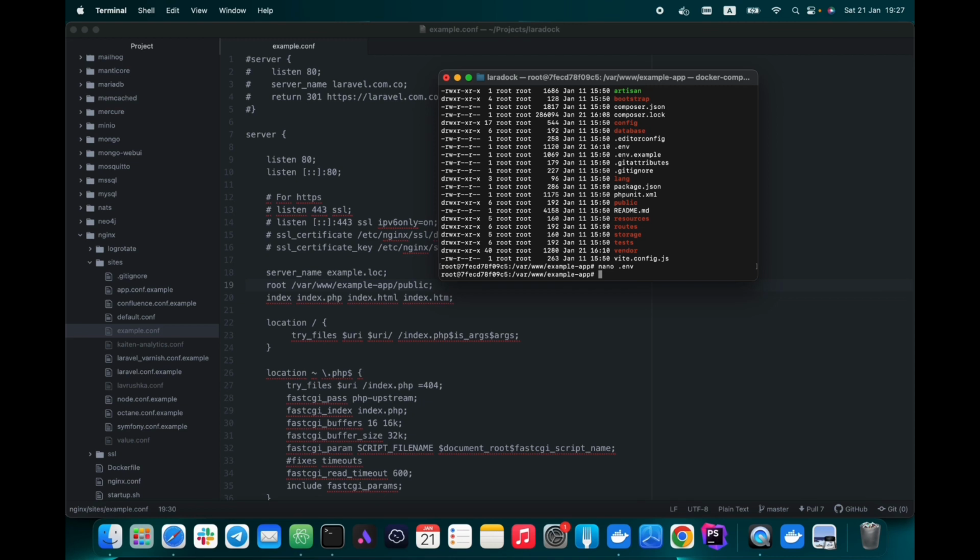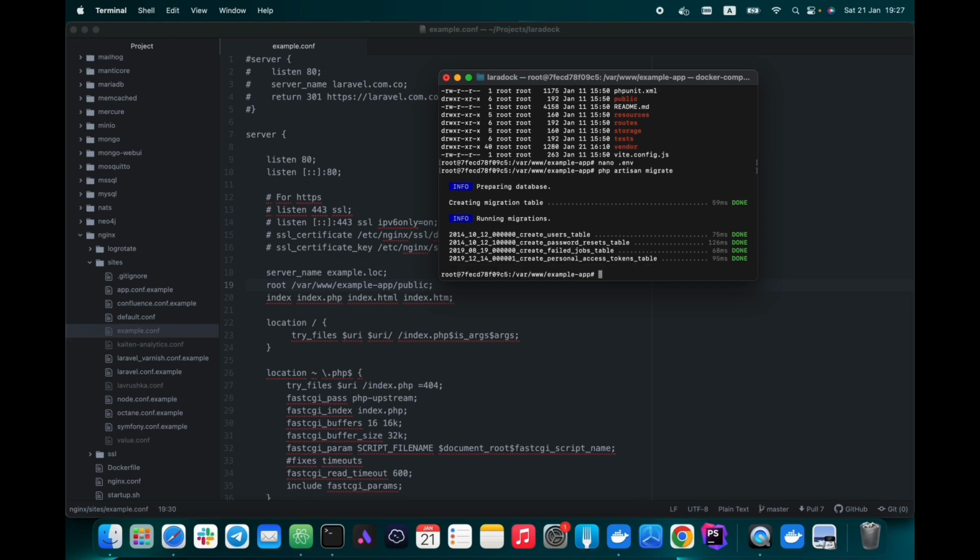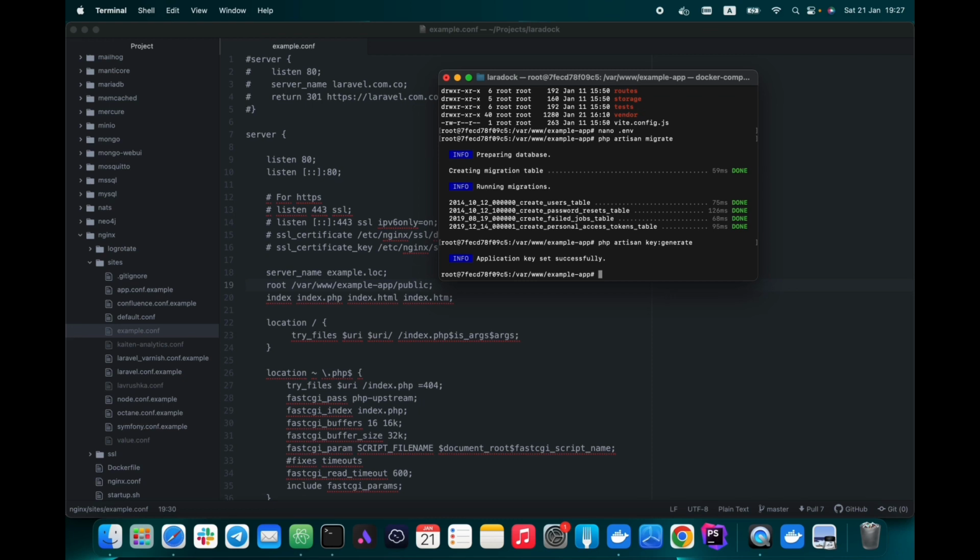Then we need to run the php artisan migrate command. And the php artisan key:generate command. Then run the npm install command.